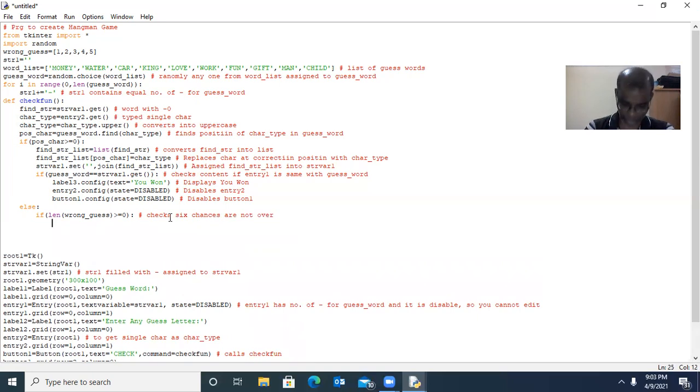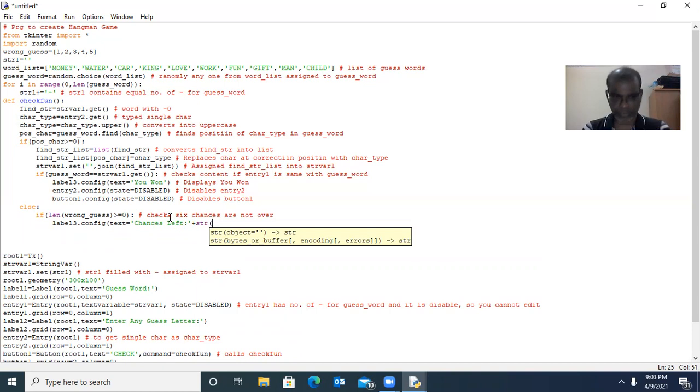Good. Now label 3 should be config text equal to chances left. Label 3.config text equal to chances left here, along with plus str of wrong dot pop.